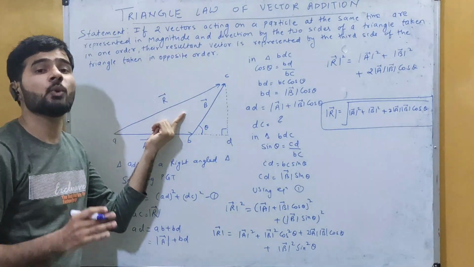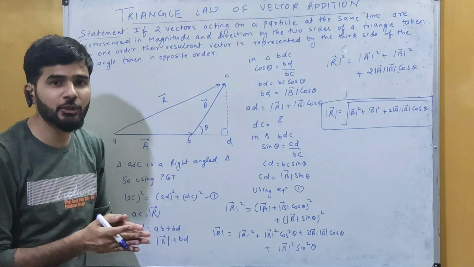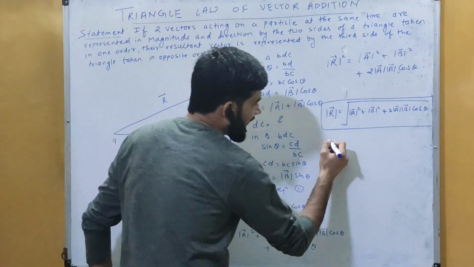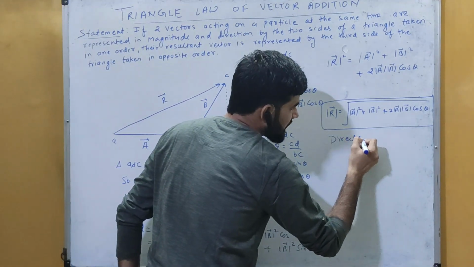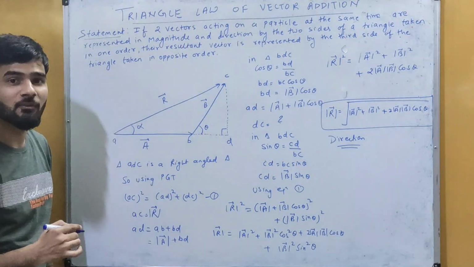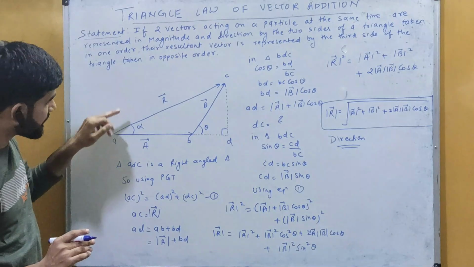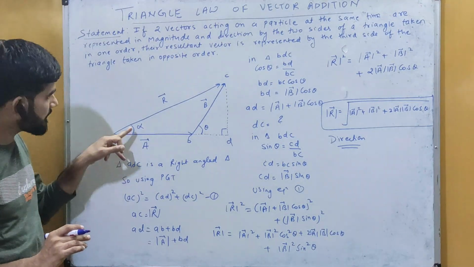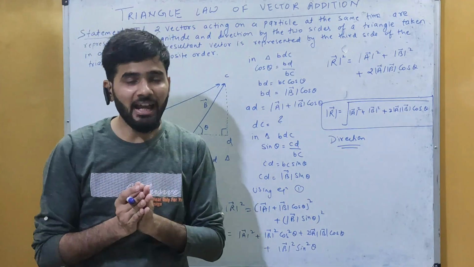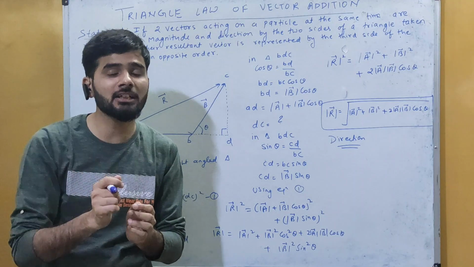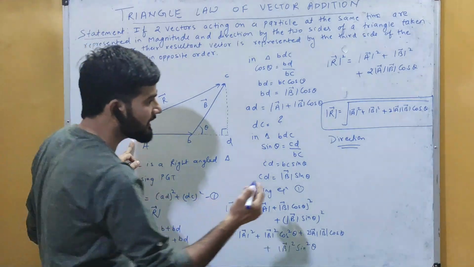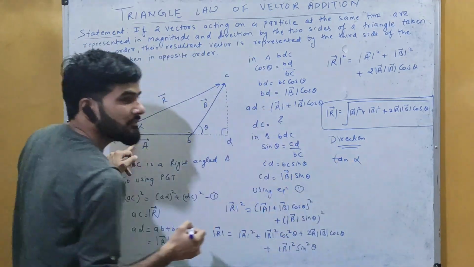Now here this is a vector, and a vector has magnitude as well as direction. So the resultant vector, its magnitude we have calculated. Now we have to calculate its direction. Okay, now in order to calculate the direction, let us assume that this angle here is alpha. Means the resultant is making an angle of alpha with the vector A. So we calculate this angle alpha. Okay, and whenever you are measuring any angle, it's better to use the identity tan theta. So here we will use tan of alpha in this triangle, then we can get the value of alpha.